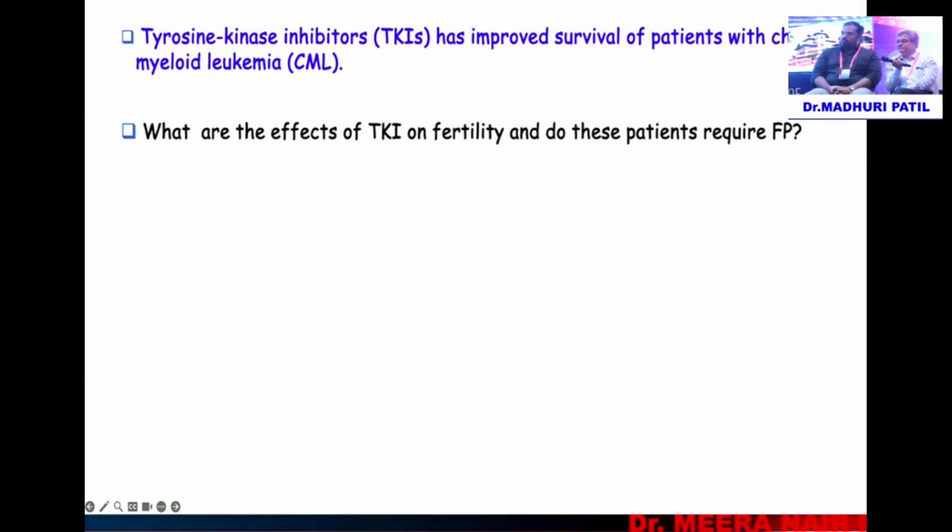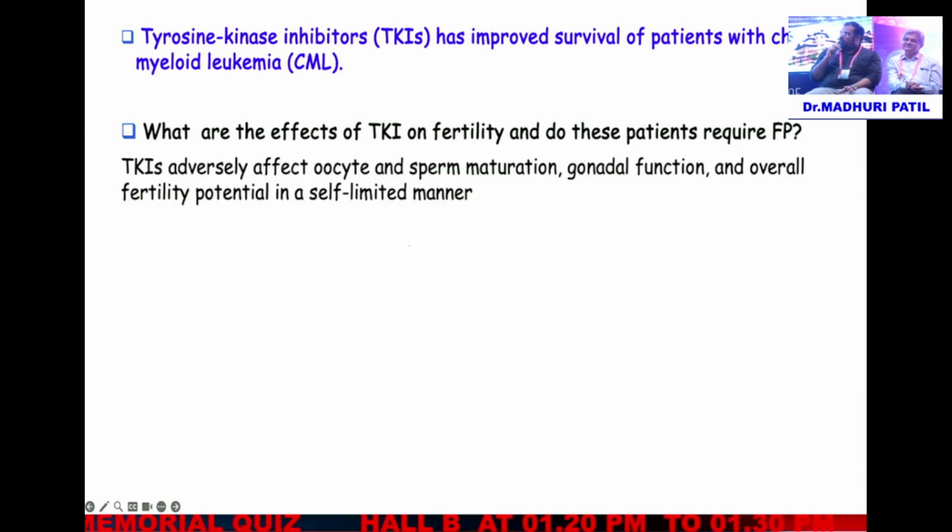So would you not advise a patient for contraception during that period? Definitely. TKIs will affect the pregnancy outcomes. Yeah, that is what it mainly affects. So definitely a patient of CML, we would advise them not to get pregnant while they're on TKI. Ideally it should be a planned pregnancy, but the moment the UPT comes positive, the TKI should be stopped. And they should be switched to something else depending upon the stage of the disease and all.